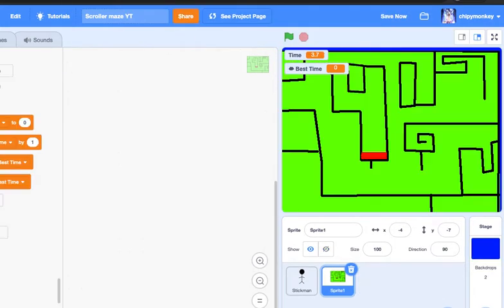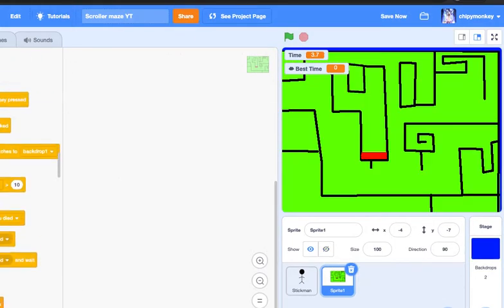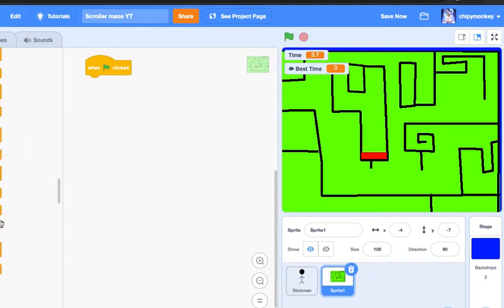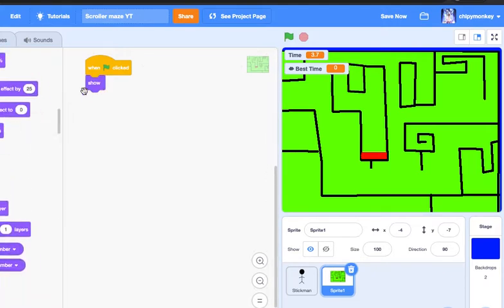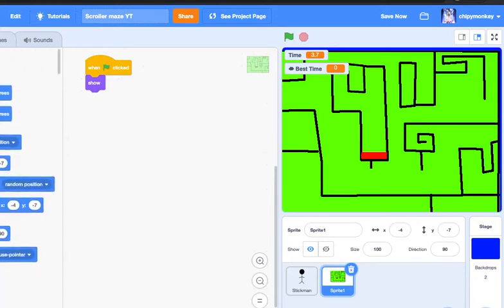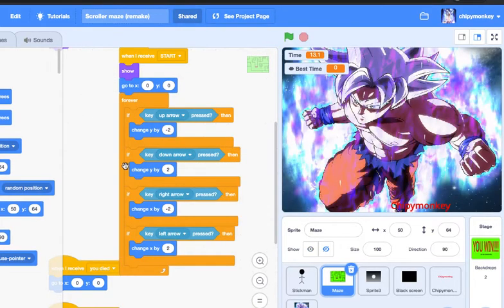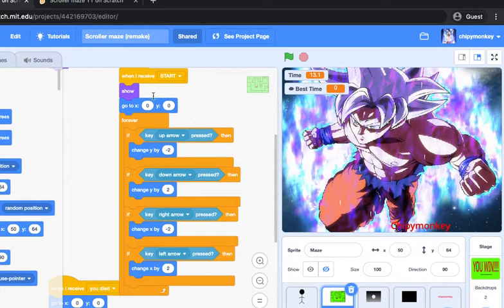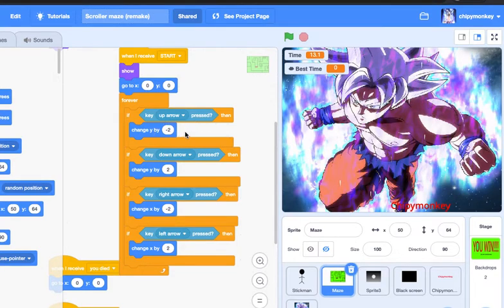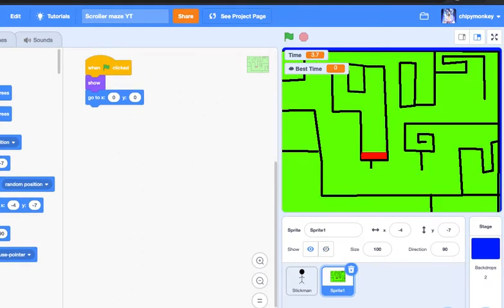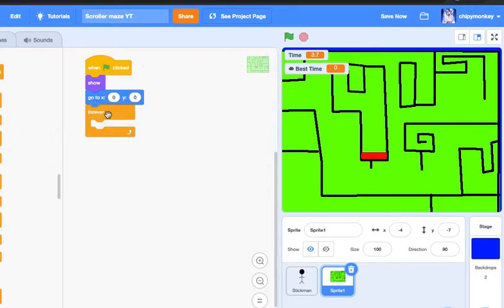So one-click show, go to X0, Y0. When clicked, show. Go to X0, Y0. Okay, one click show, go to X0, Y0 forever, and we need 4 ifs. Okay, if up arrow pressed, change Y by -2. Okay, so forever